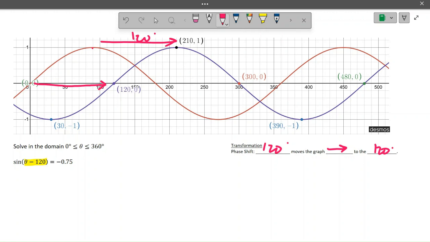Now that we know what the transformed graph looks like, I'm going to go ahead and draw in y equals negative 0.75 so that we can see where our solutions are going to lie. And this is a very rough line that is not straight at all. So that's a unique problem. Okay, remember we are looking, I'm going to put our domain in as well. We're going from 0 to 360 degrees. So we're looking at where